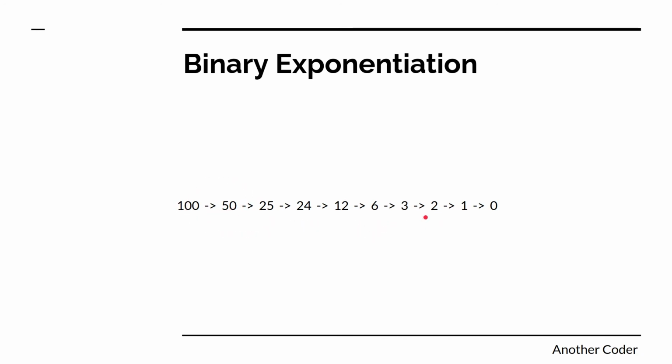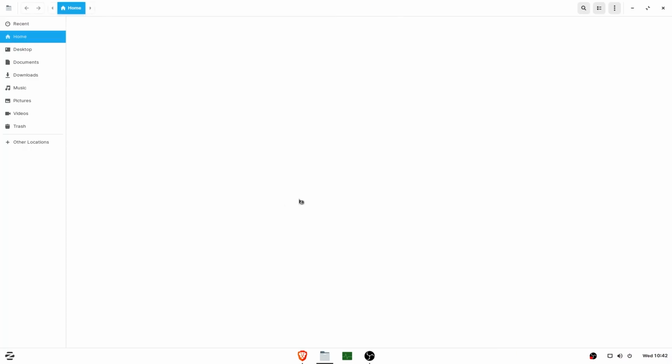It's just like binary search, because in binary search we divide the array by 2 every time, and we keep on dividing by 2, so the time complexity is log of n. In the same way we are dividing the power here by 2, and the time complexity of this particular algorithm will come out to be log of n. So now let us have a look at the code, how the code works for binary exponentiation.